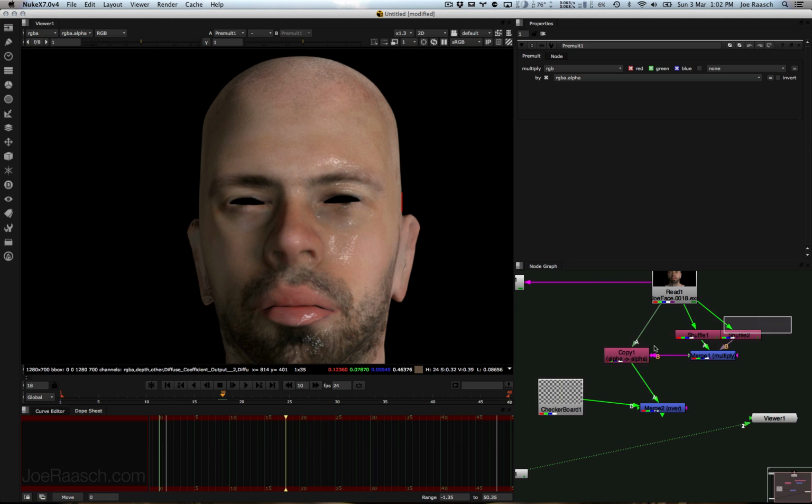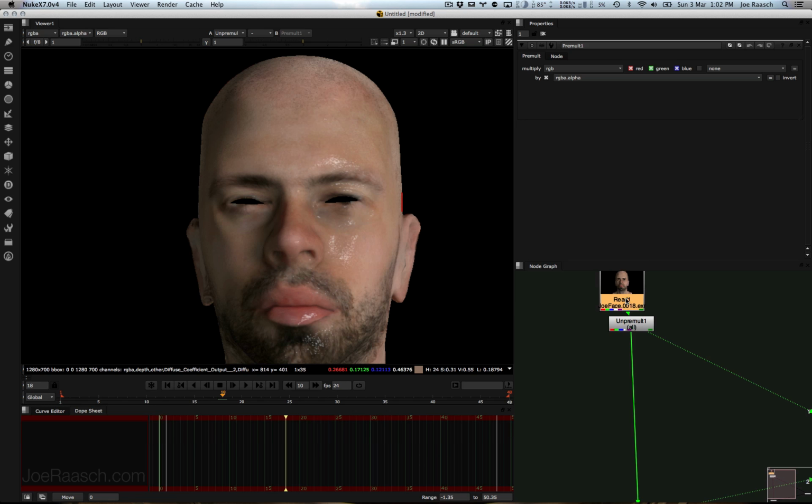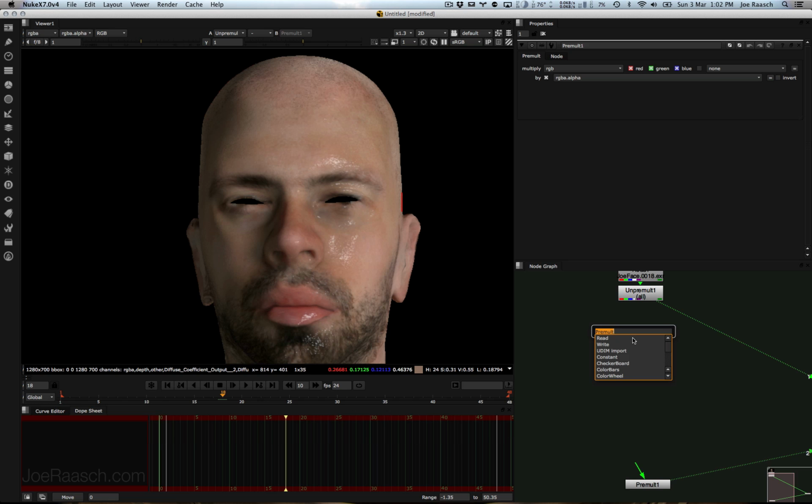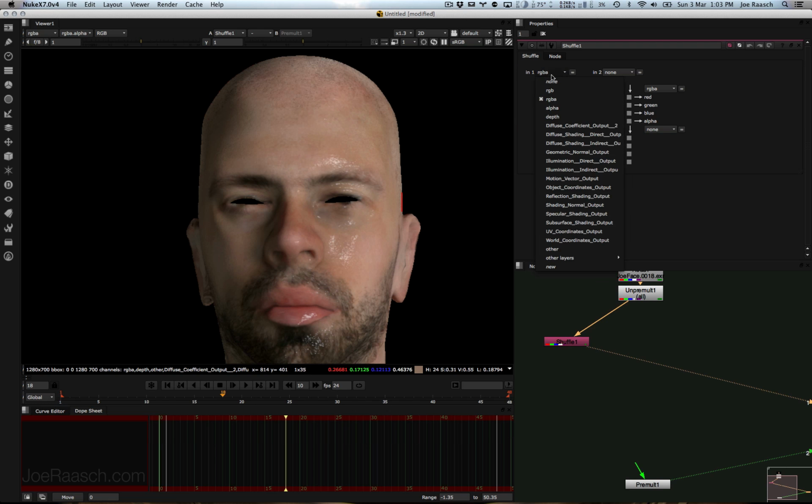Okay, so let me just delete this stuff over here. So once that's been unpremultiplied, then I could shuffle out, so use the shuffle node to isolate the color channels that I want to grab. So the way it used to be done, when I first started mixing all, and started playing around in the first shots that I was working on,